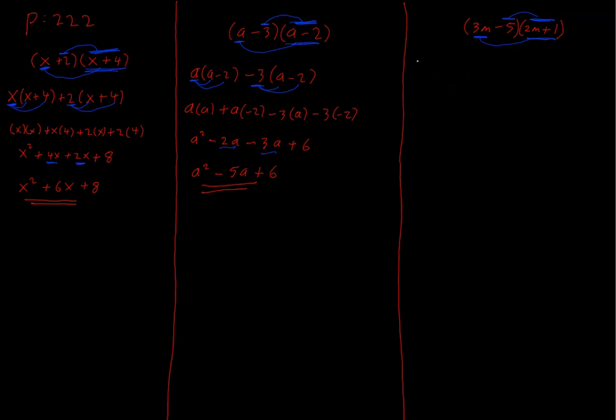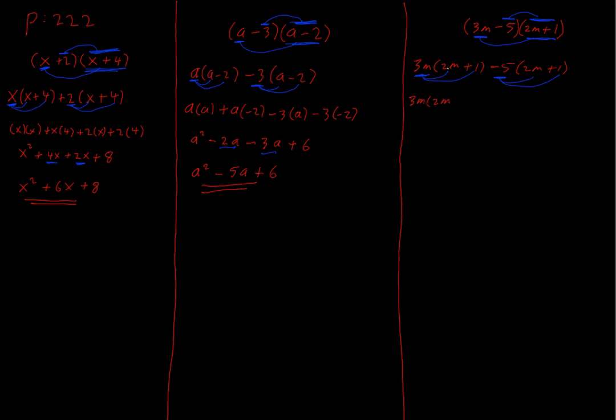And let's follow our steps. 3m in my second bracket, 2m plus 1, minus 5 by 2m plus 1. So second thing in the first bracket by all of the second bracket. Now we're back to what we already know quite well. We're going to multiply what's outside the bracket by each thing inside, multiply what's outside the bracket by each thing inside. So I'm going to have 3m